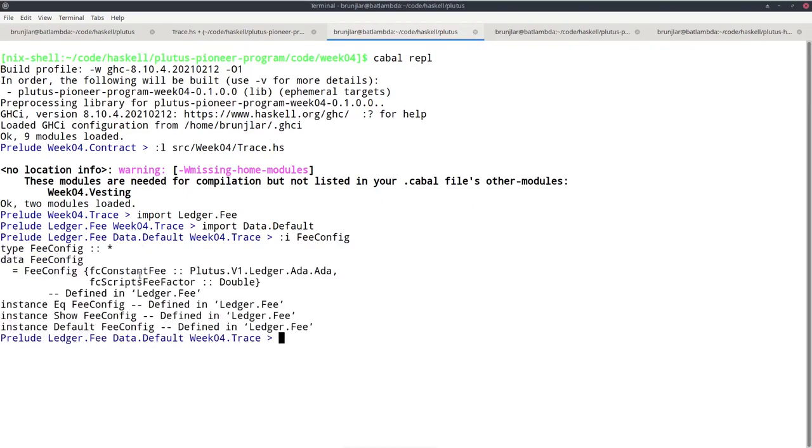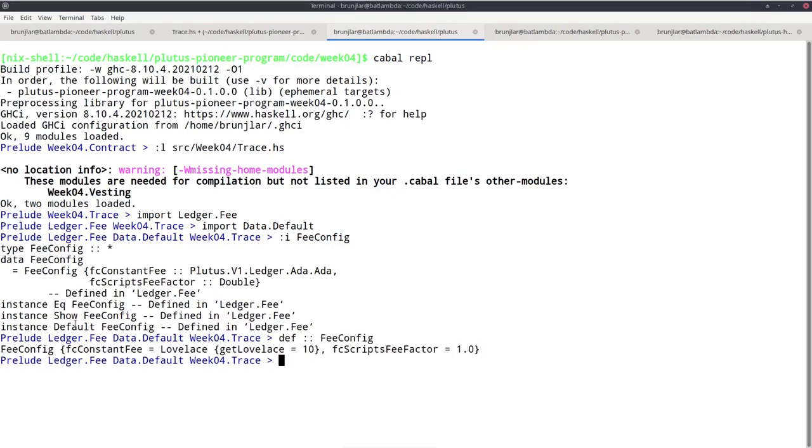Then we see what we just saw, and we see that this type is also an instance of Default. So let's look at the default. So there's a flat rate fee of 10 Lovelace. So the total fee will be 10 plus 1 times whatever the memory consumption and execution steps are.